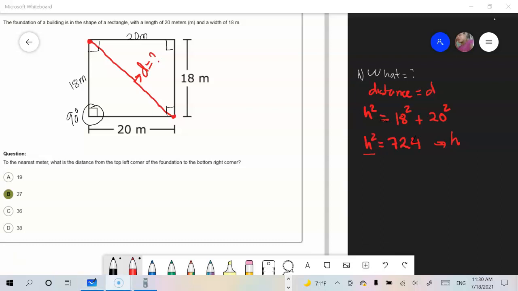This square that you have here, I need to eliminate this square by extracting the square root, because the square root is the inverse operation of the square. So I'm going to write here square root of h squared. And then if I do it on one side, I need to do it on the other side too. Is equal to square root of